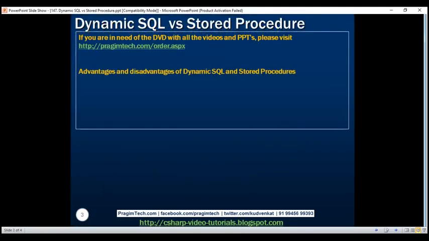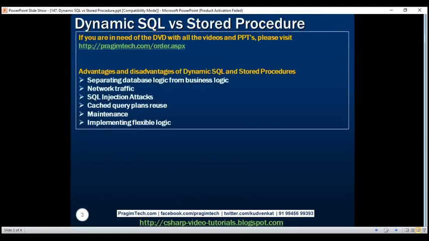Let's understand the advantages and disadvantages from these aspects. First, let's look at separating database logic from business logic. Stored procedures allow us to keep database logic separate from the business logic. The benefit of keeping database logic separate from the business logic is that if there is an issue with the business logic, you only have to check the application code. On the other hand, if the issue is with the database logic, you only have to check and modify the